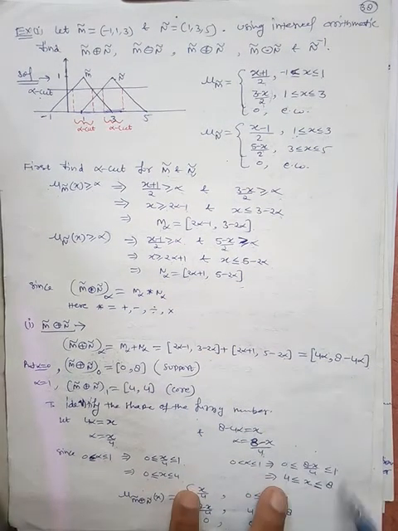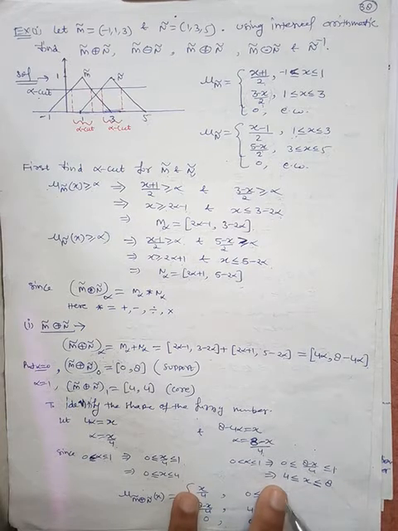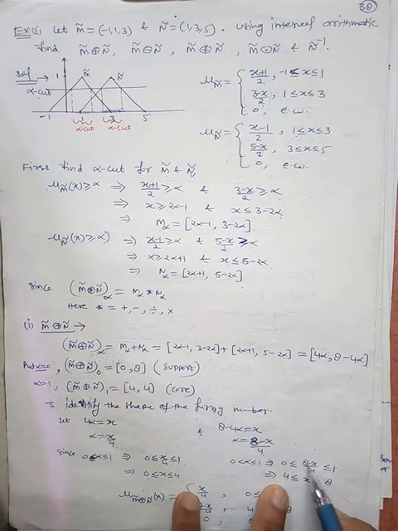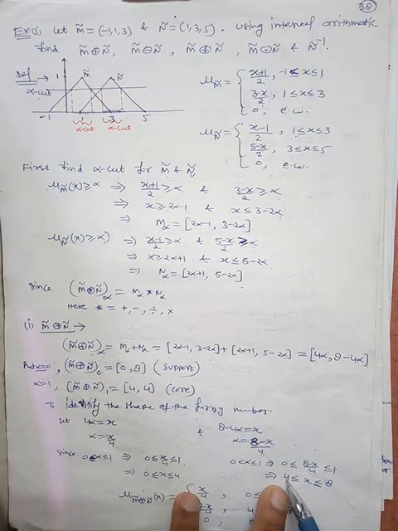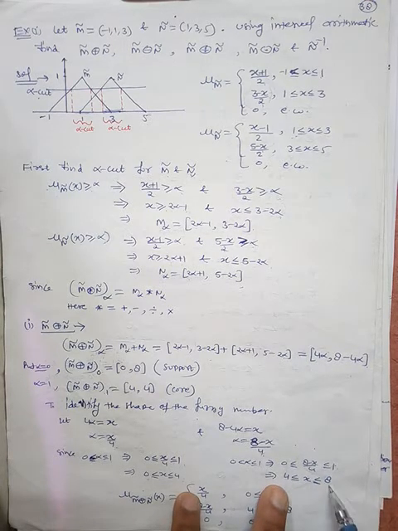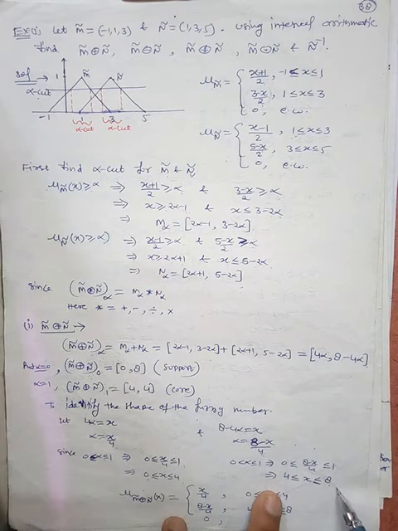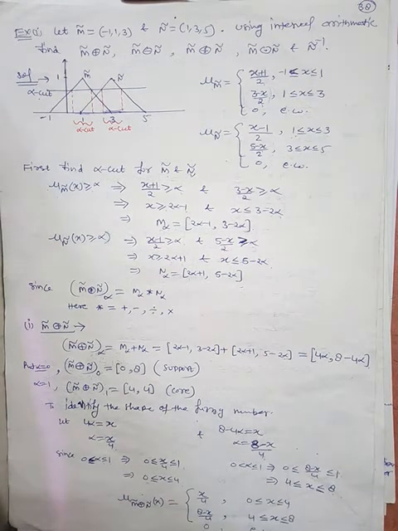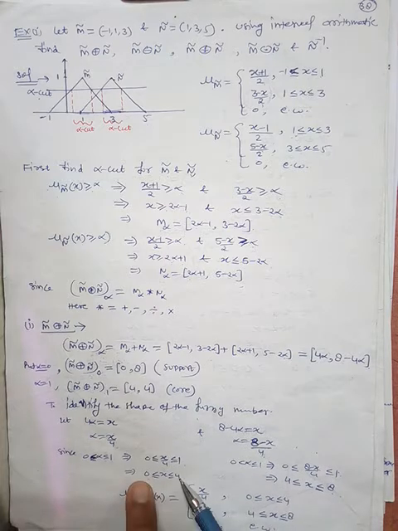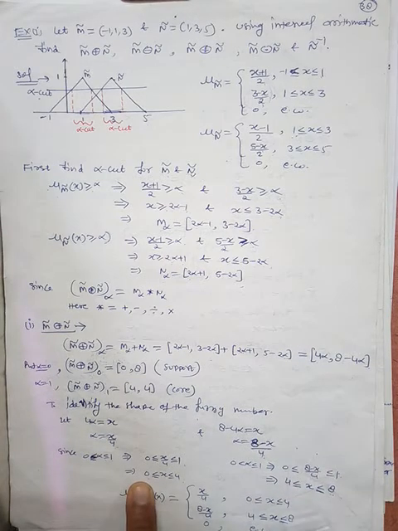Similarly, from here, find out the range of x. First multiply by 4. So we get 0 is less than or equal to 8 minus x is less than or equal to 4. And then after simplification, we will get this range: 4 is less than or equal to x is less than or equal to 8. So this will be the range which is evaluated from here. Okay. So now we will summarize these two. So you will see that 0 to 4 and 4 to 8 are in increasing order.